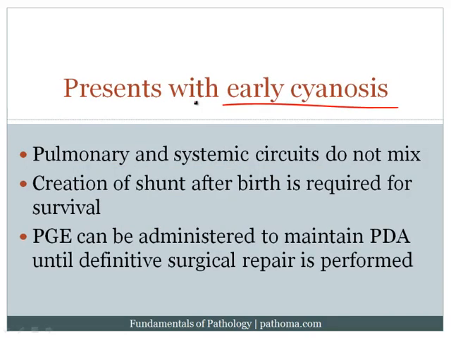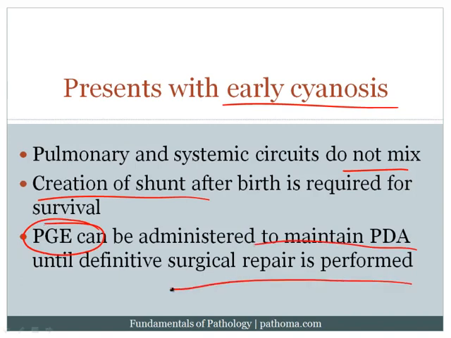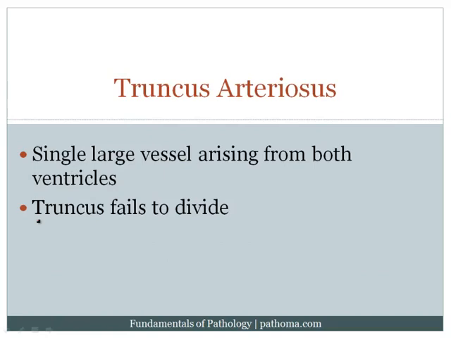This is going to present with early cyanosis, and that's because the blood from the right side of the heart is basically going to go into the aorta, and then it's going to go back into the right side of the heart and back into the aorta, and the blood will all be deoxygenated blood running through the circuit. Again, we know that the circuits do not mix. In order for the baby to survive after birth, we're going to need to create a shunt, and one way we can do that is to give prostaglandin E, which will maintain the PDA until we can eventually surgically repair this problem. Truncus arteriosus is when you have one large trunk arising from both ventricles, and that's because the truncus